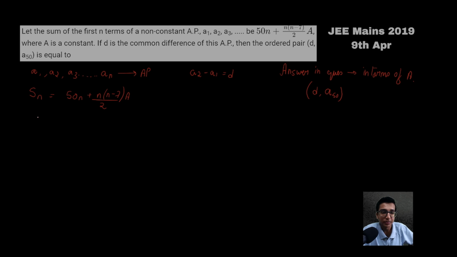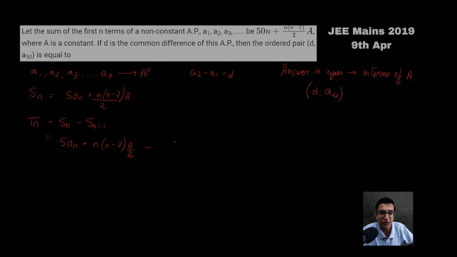I hope you all remember the formula that we had studied. Tn is equal to Sn minus Sn minus 1. From this we can get the nth term of this arithmetic progression, and from there the solution of our question would become much easier. So let's solve this. Sn is 50n plus n into n minus 7 a by 2. I'm taking this 2 under a so that it becomes easier for us to calculate and visualize this entire scenario,